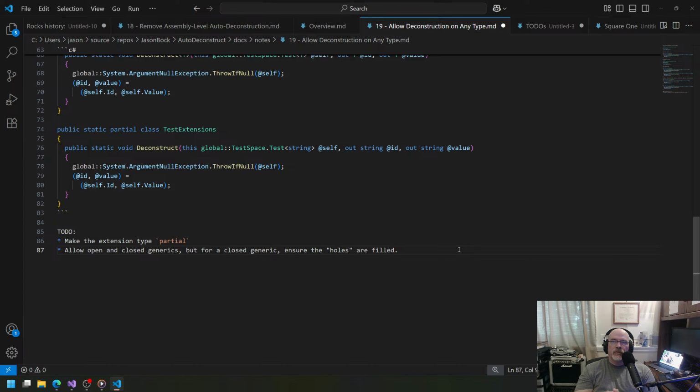I don't think you can do, I always forget this, but I don't think you can do a combination of an open and closed. You either have to say it's a complete open generic or it's completely closed. If you're saying typeof, you can't do partial, I believe. So we'd either have it defined as open or closed. Right. Okay, so